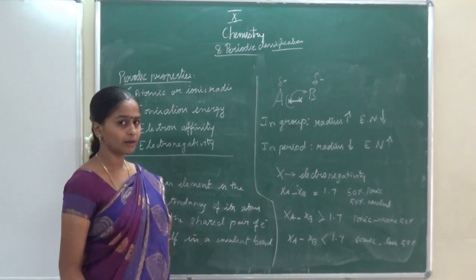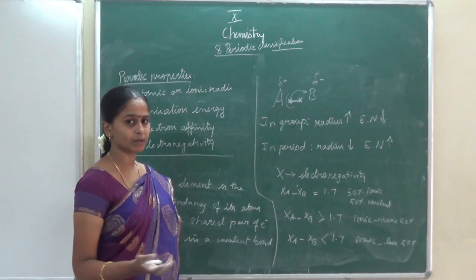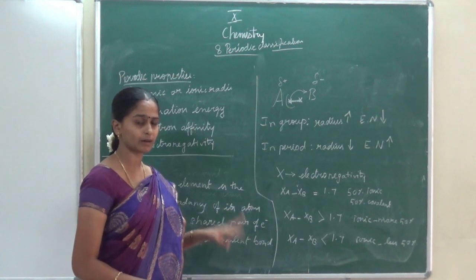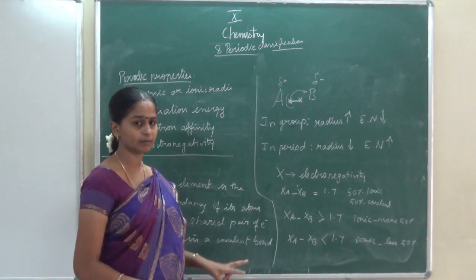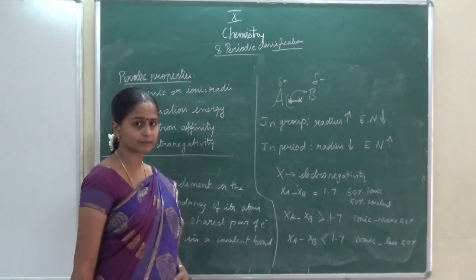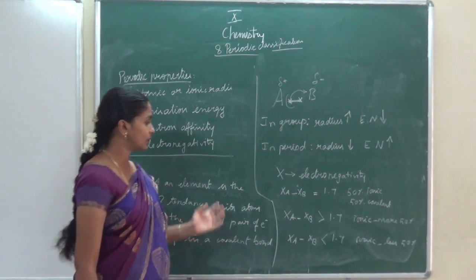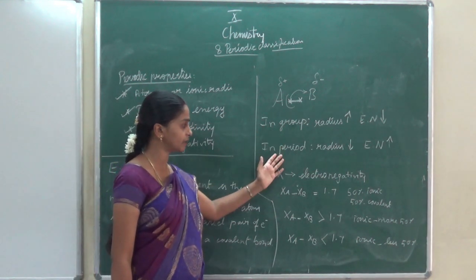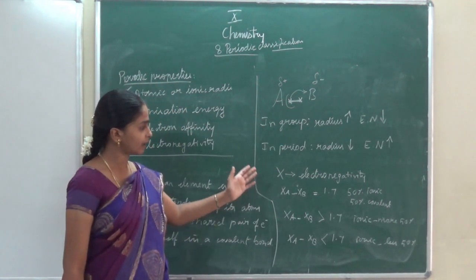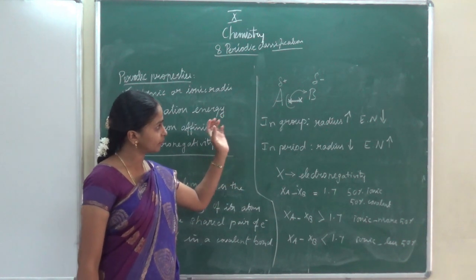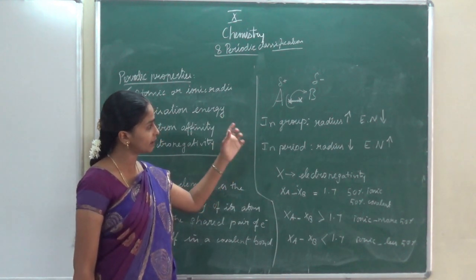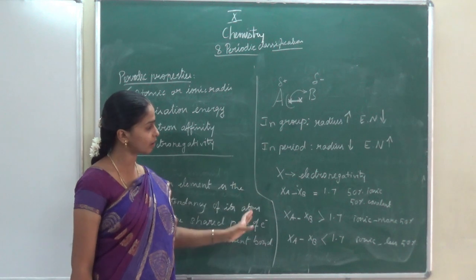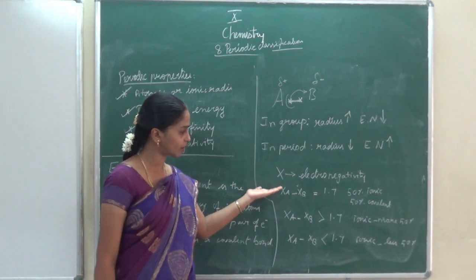In a 3-mark question they can ask. There is no 5-mark, but in a 7-mark question they are asking one 2-mark, one 5-mark, otherwise one 4-mark, one 3-mark, like that. So we can expect this one. What is electronegativity? What is the electronegativity trend in group and period, and how can we identify the covalent and ionic bond character in a particular compound using the Pauling value?